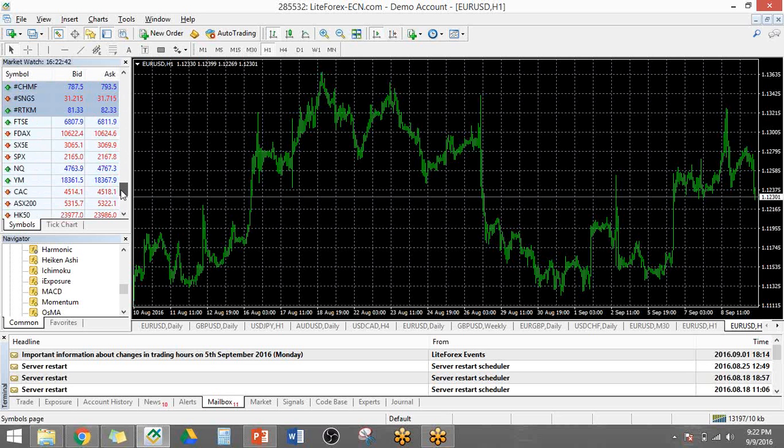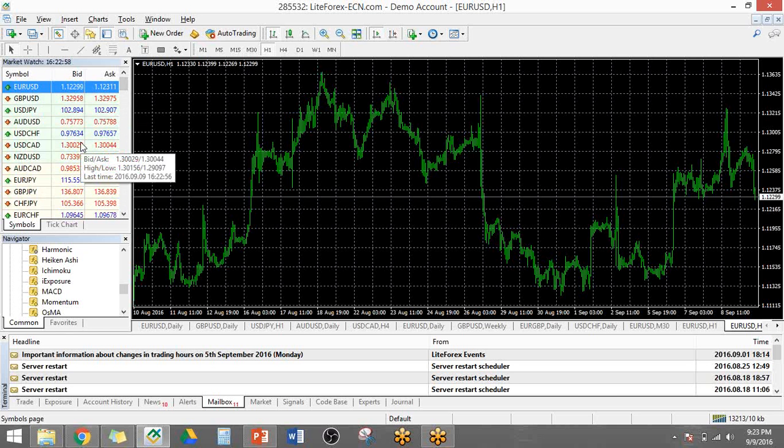You have metals, you have oil. So it really depends on your broker on what they're offering that you can trade. But generally, they all offer almost the same stuff, like the major pairs, the minors, the crosses, some commodities. So that part is kind of standard for a lot of brokers.